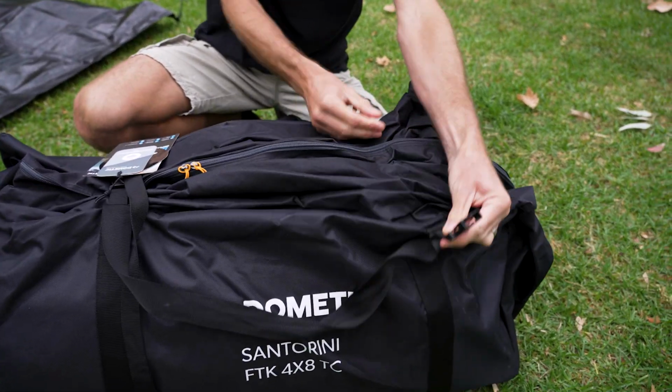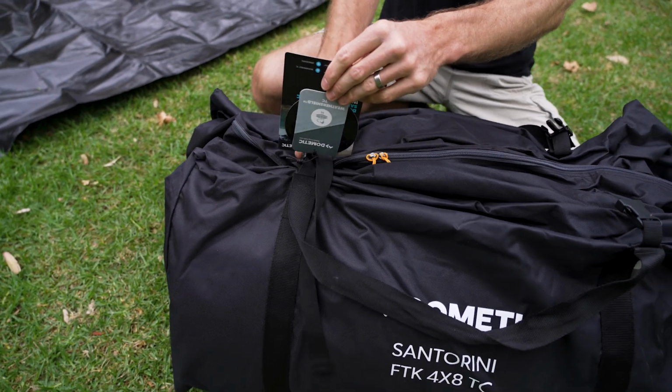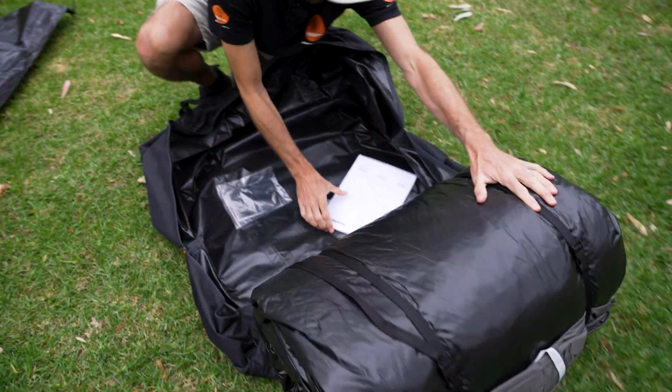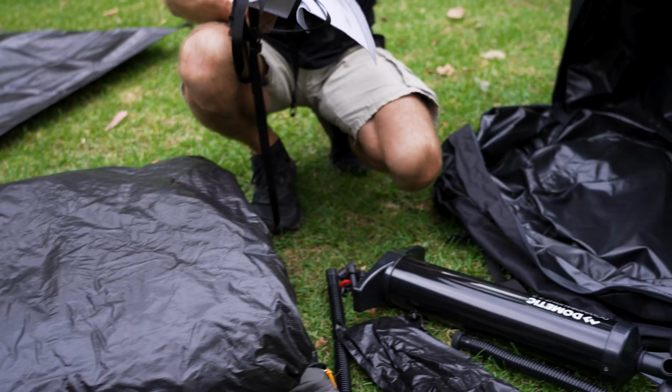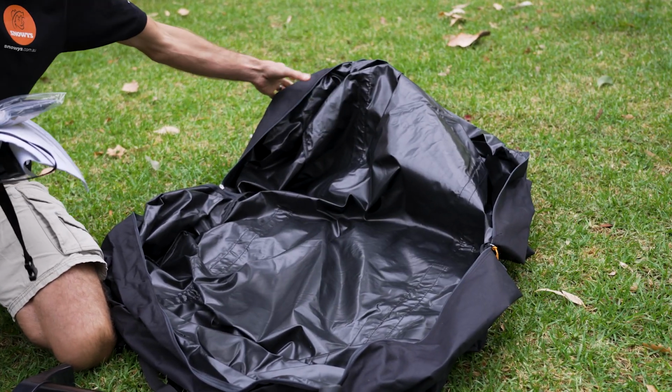Now there's little compression straps on the bag here, so you can pack it up nice and compact so things aren't rolling around inside the bag. We'll start, I'll unzip this, pull everything out, lay it out, and we'll show you what's inside. So this is everything in the bag. The bag's quite good. It's quite heavy duty and it zips right open flat, so you can roll the tent